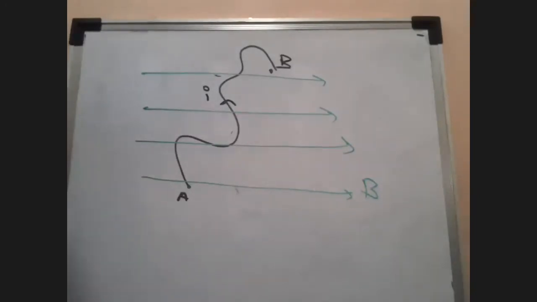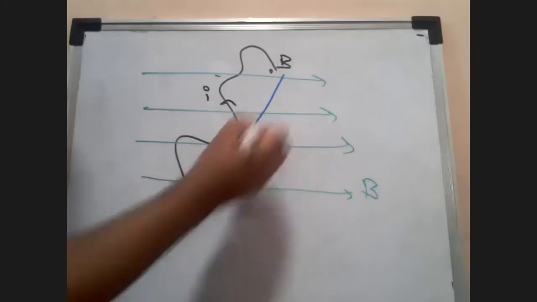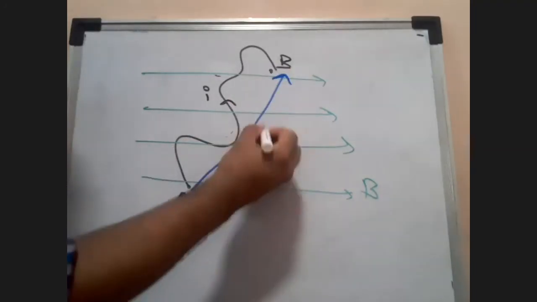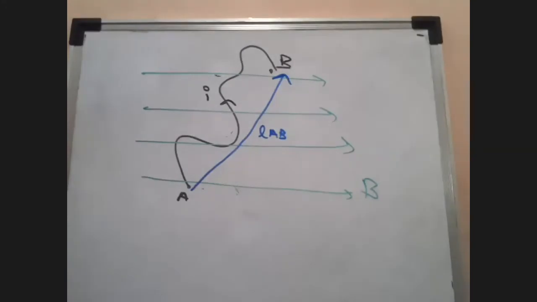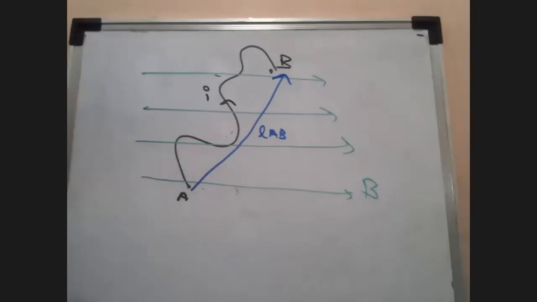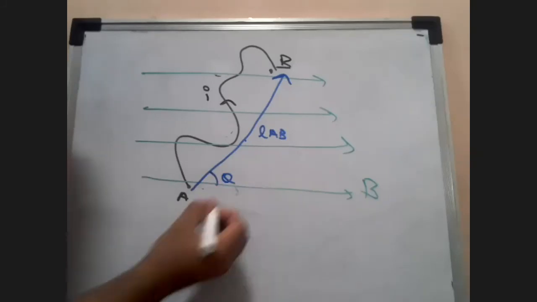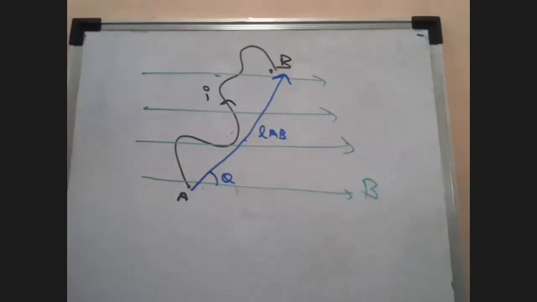So now what is the first thing I told you to do? First, take the length vector. What is going to be my length vector here, in which direction? A to B. Of course, L_AB. But students, listen to me. My length vector this time is not perpendicular to the magnetic field. Do you think it's perpendicular? No, it is not. It is definitely making an angle theta. The length vector is making an angle theta with the magnetic field.